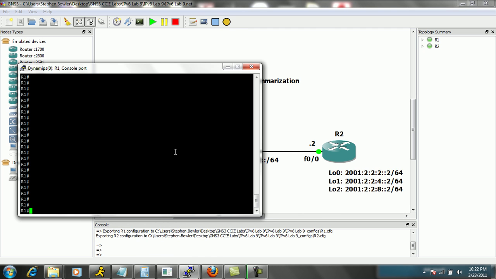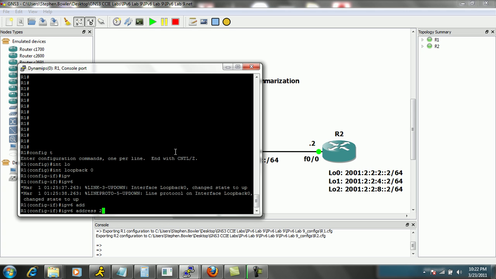Let's go into router 1 and we'll set up the loopback 0 interface. We'll give it the IPv6 address of 2001:111::1/64,